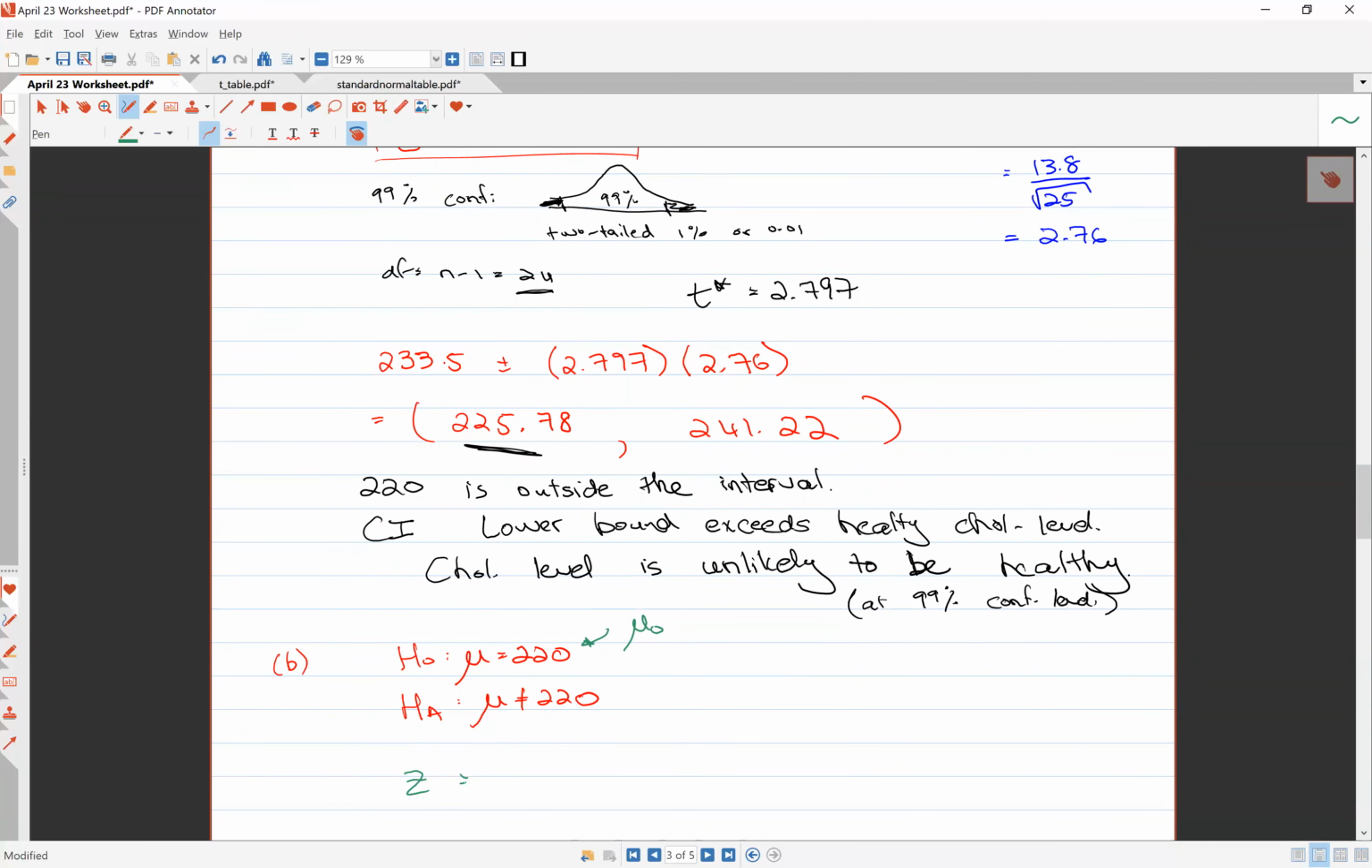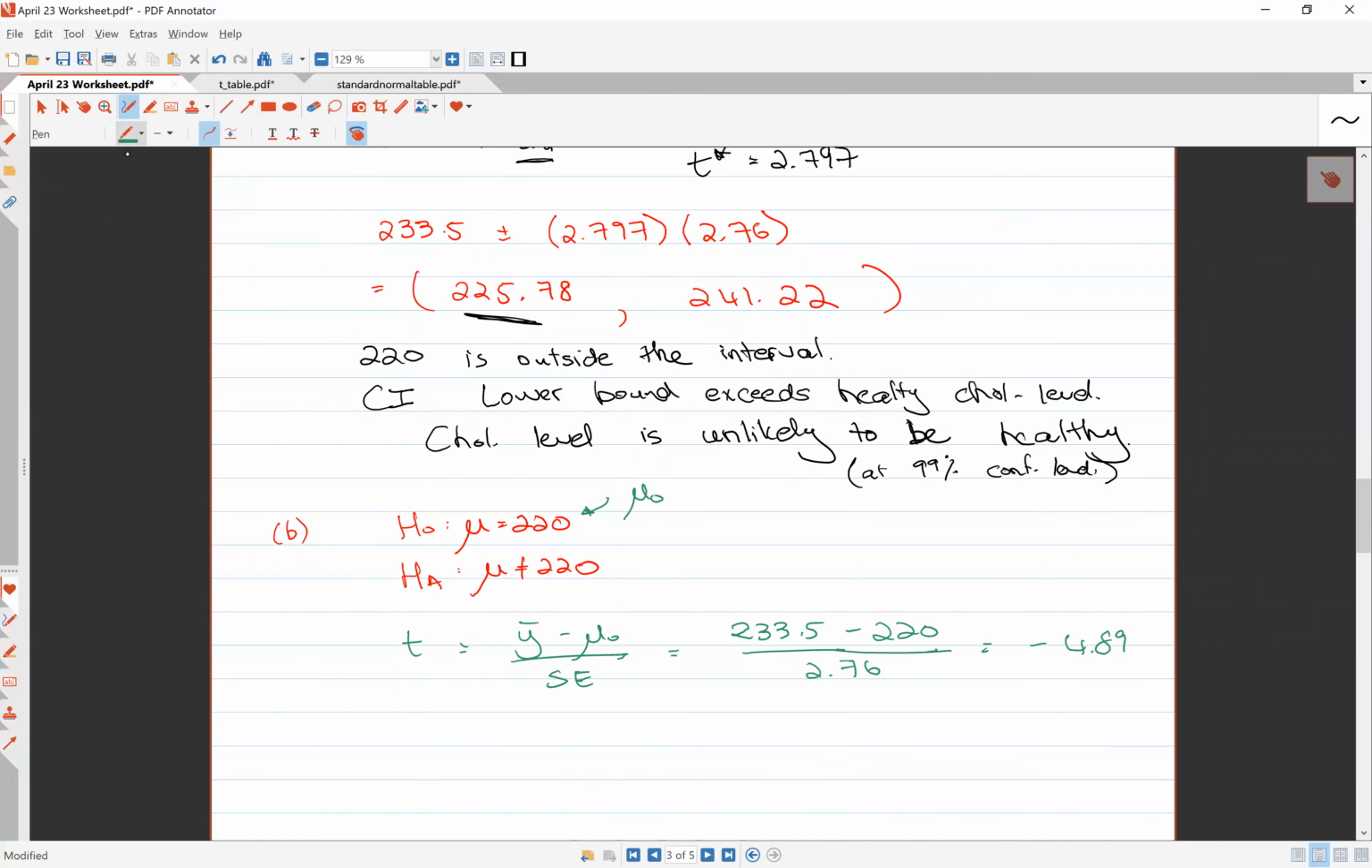And here, we're using a t-test, y bar minus mu naught over standard error. And y bar was 233.5 minus mu naught, which is 220, divided by that standard error we calculated earlier, 2.76, and this gives us negative 4.89. So again, visualize your bell curve, centered at 0, you have negative 4.89, and because it's a two-sided alternative, you go and include the positive value